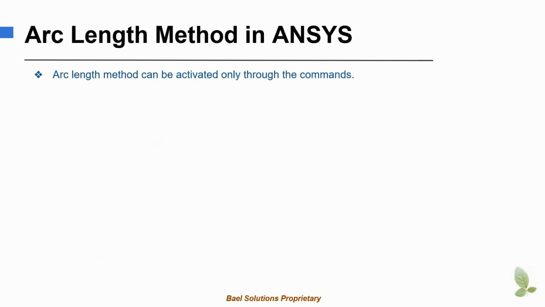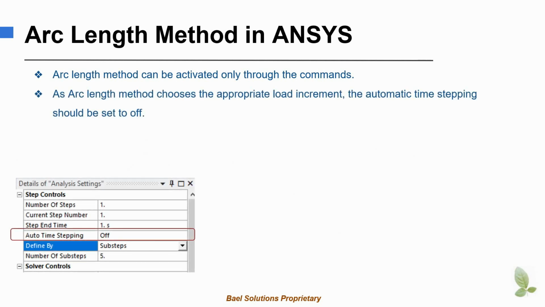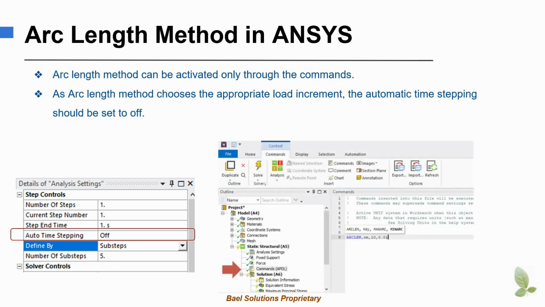Arc length method can be activated in ANSYS using the command snippet. As the arc length method decides the load increment, the automatic time stepping should be turned off. In order to activate arc length in ANSYS, add a command snippet in the structural analysis branch and give the following command: